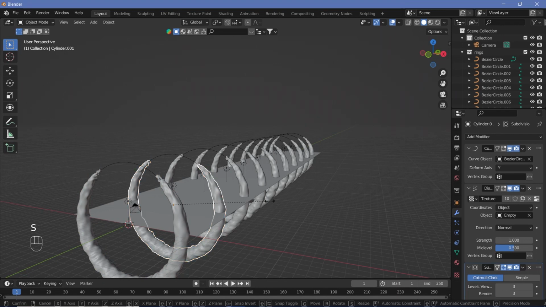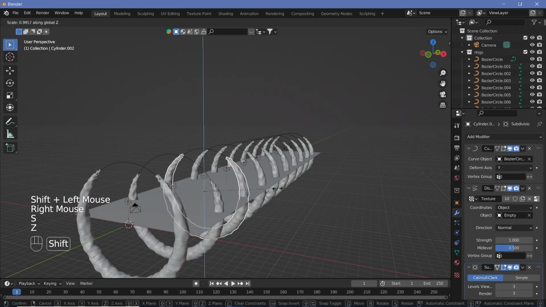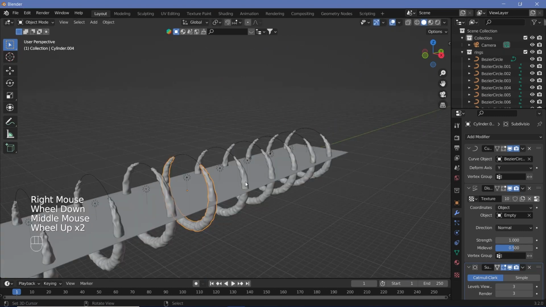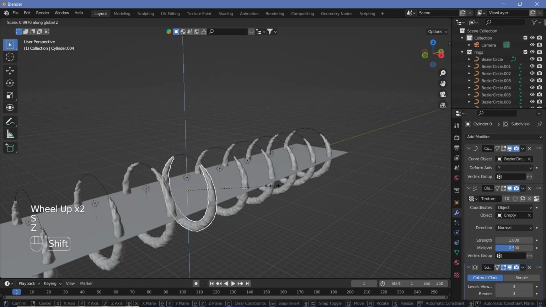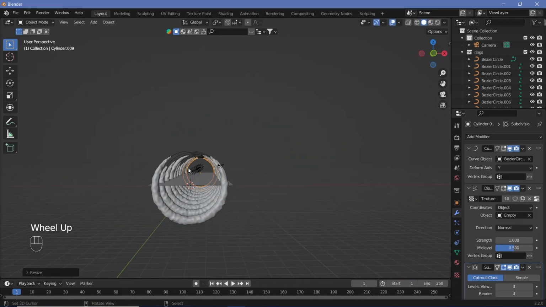So this one, I'll just scale it down on the Z axis. This one also, maybe I'll scale it down. This one, maybe I'll scale up. And just like that, randomize these by scaling them on the Z axis by pressing S Z and just moving them around a little bit. So once you've made changes to all of them just to get a little bit of variation,